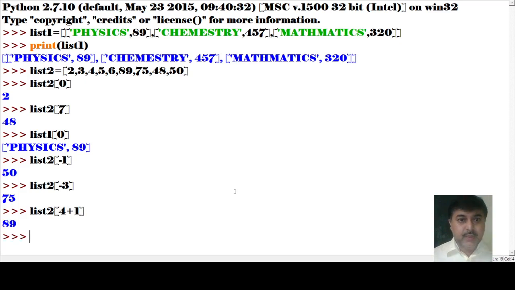See, 89. 4 plus 1, which is the 4th position? 0, 1, 2, 3, 4. That means this is the 4th position. 4 plus 1 means this is the 5th position. Those are the different ways I have shown you how we can bring the particular value from the list and how we can work on this particular list.